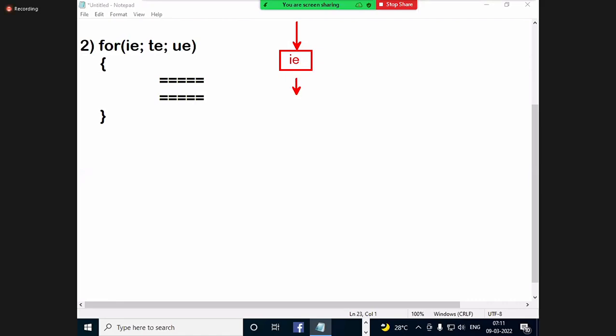Initialization expression. After this, a connector, because it is executed again, that's why the connector is required. After that, test expression.